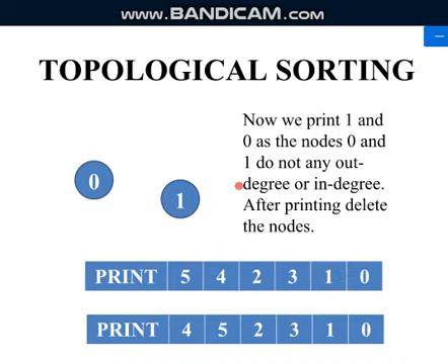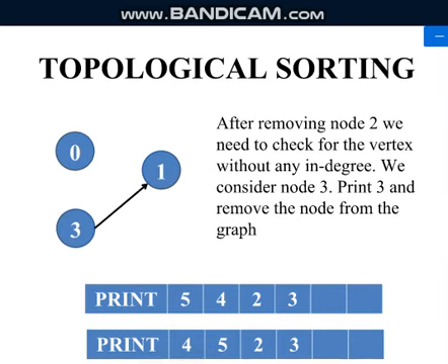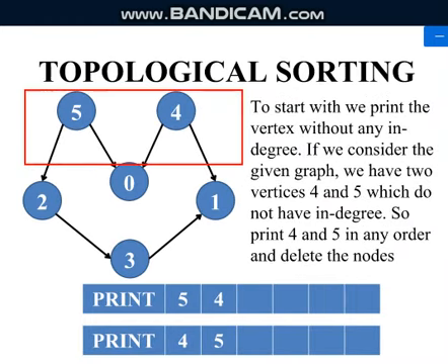Okay, so this is what we do manually. That means a source removal; this method is also called source removal. To start with, source here means the node which doesn't have any in degree. Here 5 and 4 don't have any in degree, so we start with that order. We take either 5 or 4, and from 5 and 4 you can delete all the edges.